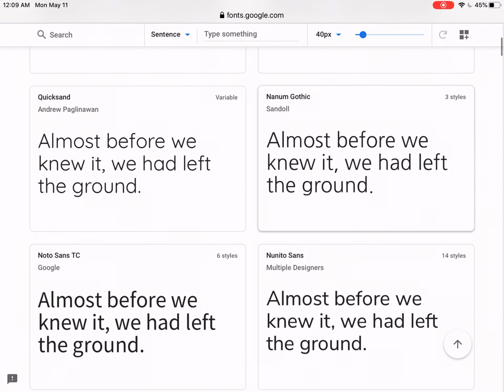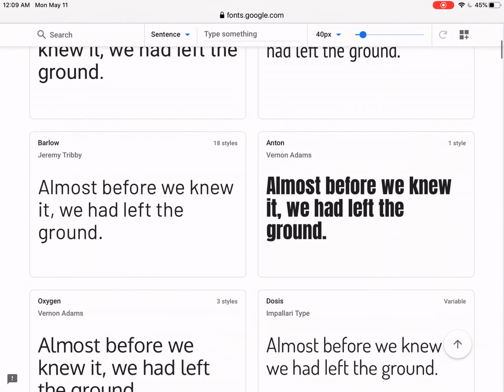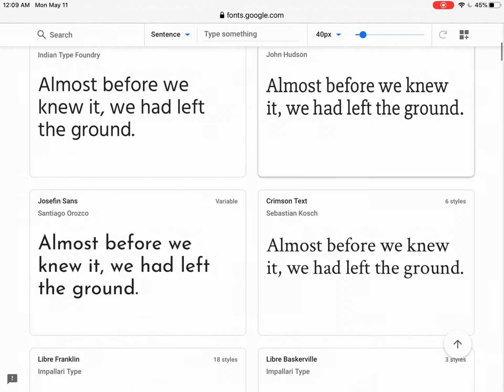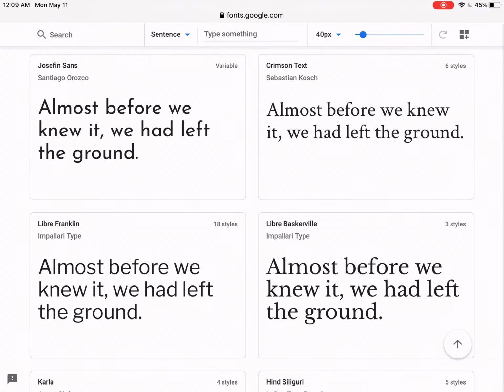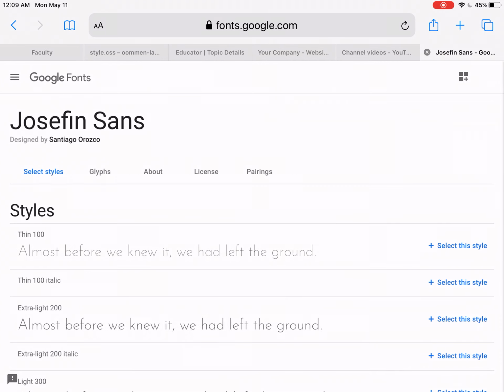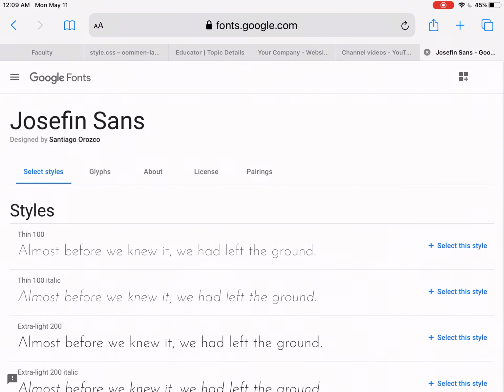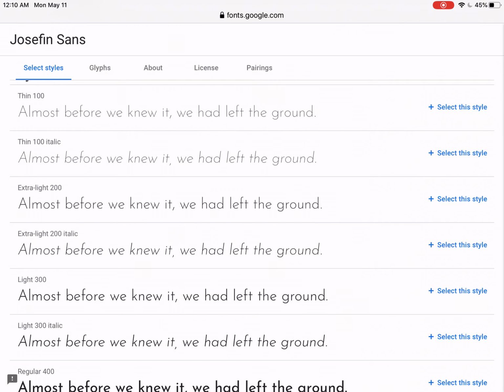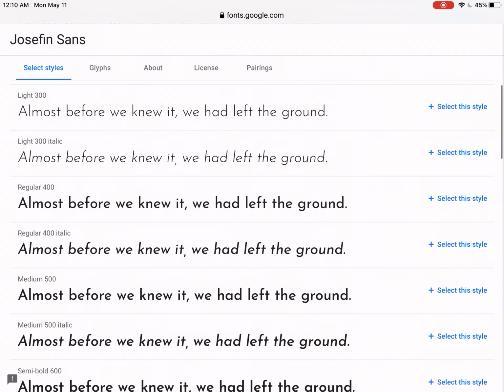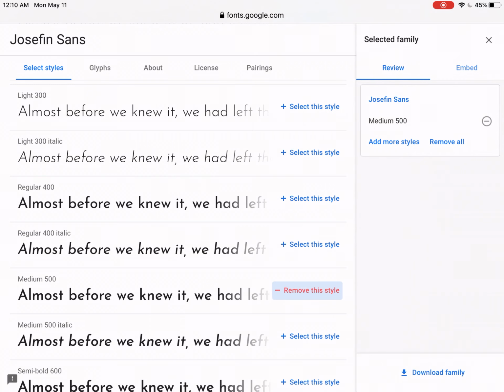All right, so let me pick a font where it's going to be pretty easy for you all to see the change. All right, so maybe this one right here. So if I select it, and then there's a ton of different styles. All right, so maybe I'll pick this one. So I'll click select this style, and then it says